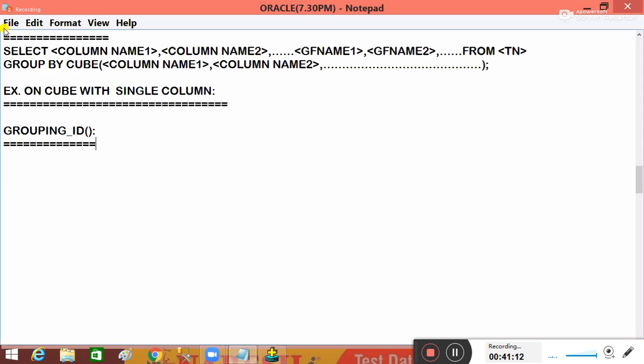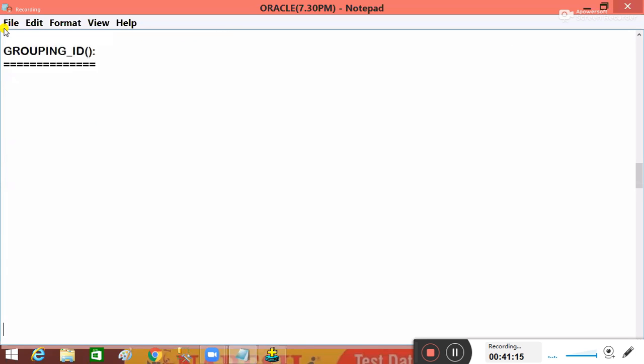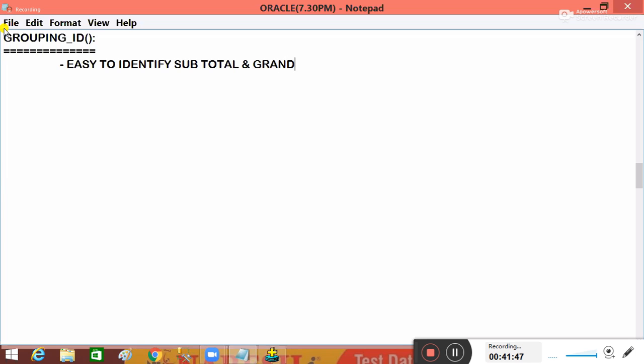So this is one function, GROUPING_ID. GROUPING_ID means generating ID numbers on your subtotal and grand totals. Okay, so this function, for what purpose do you want to use it? It is to easily identify subtotal and grand total rows,